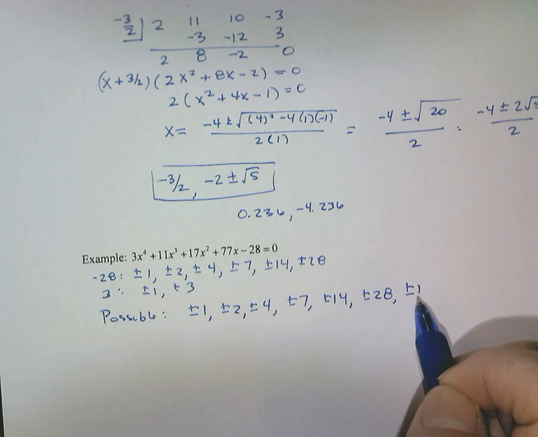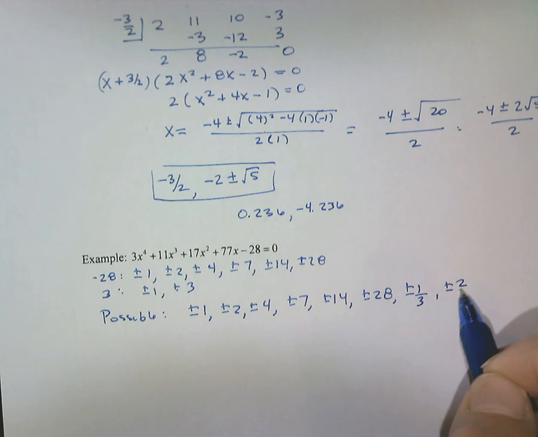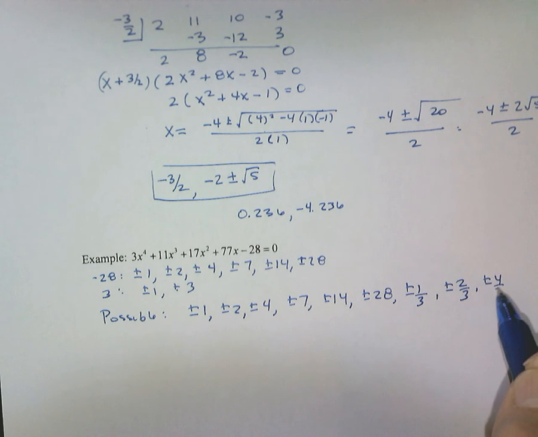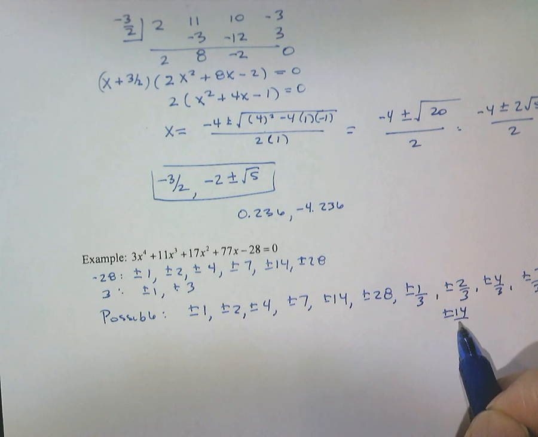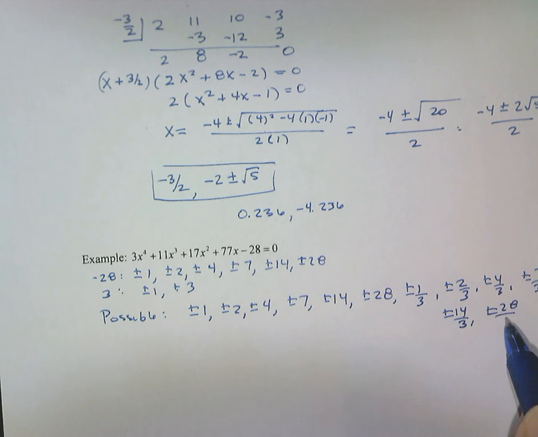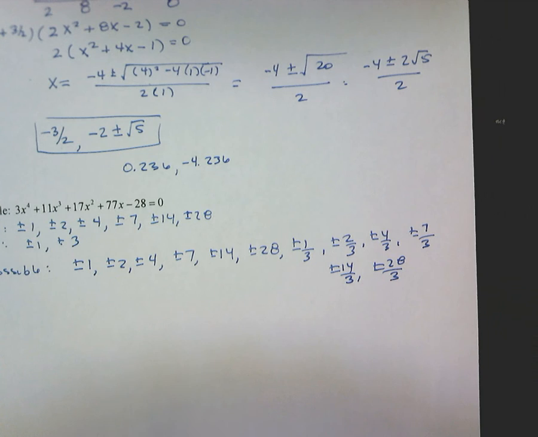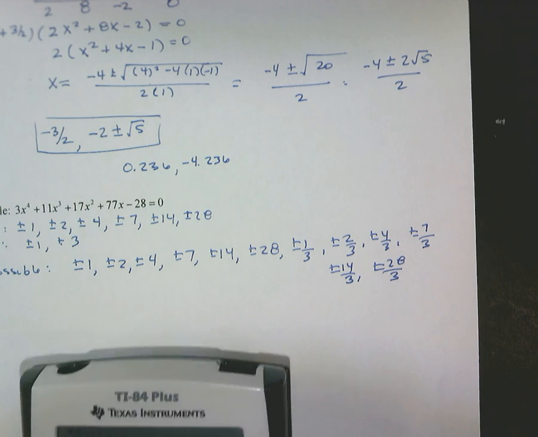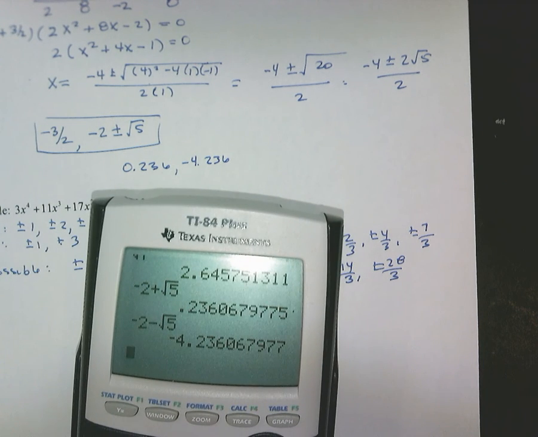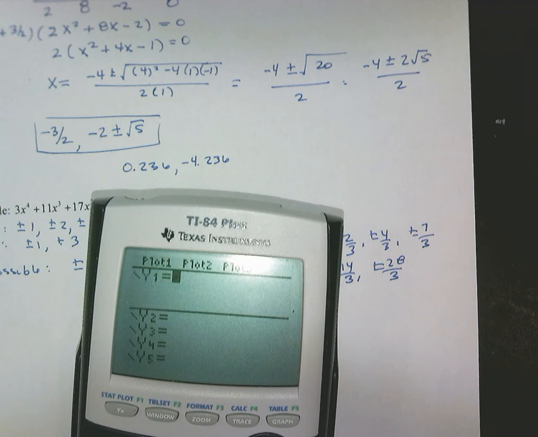Then I have 1 over 3, 2 over 3, 4 over 3, 7 over 3, 14 over 3, 28 over 3. Those are just my possible zeros. Now I'm going to go ahead and graph this function because I don't want to sit there and try all these numbers. So I'm going to go to y equals and type in 3x to the 4th plus 11x cubed